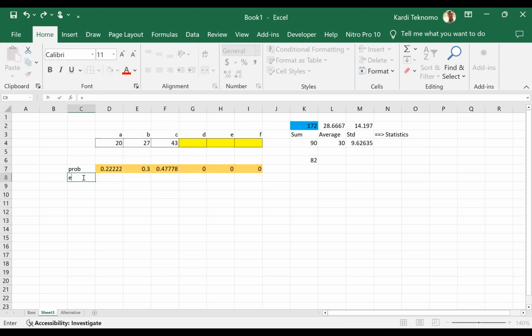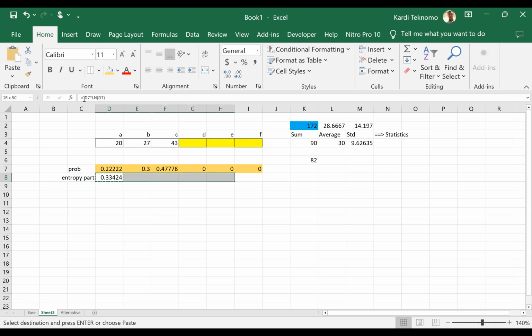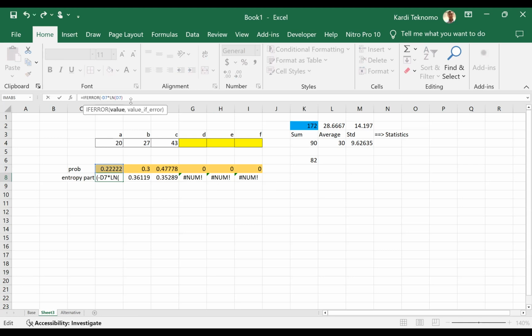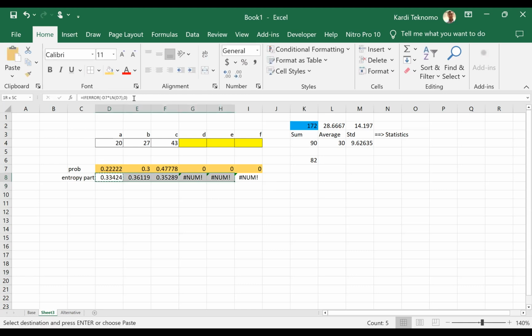Now, after that, I can calculate the entropy part. Entropy is simple. It is equal to probability multiplied by ln of the same probability, and then you sum. But this is always negative, so you put a negative sign here. And if the probability is 0, you put 0. Look at this, if I put 0, it will not become a number. So in that case, I will put IFERROR, then 0,